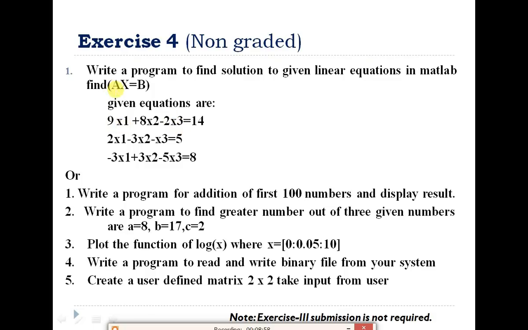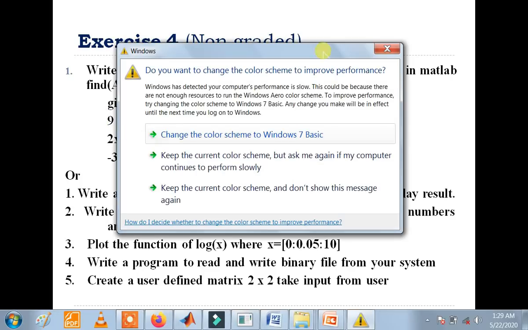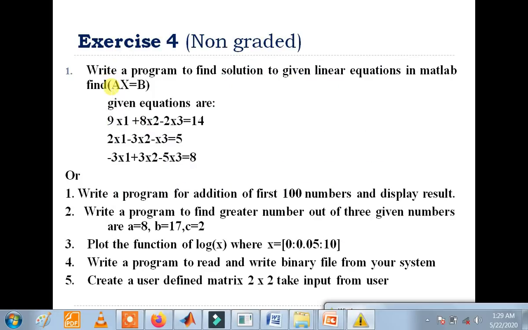So the equation becomes AX equals B. So A becomes a matrix of 3 by 3, X is a matrix of 3 by 1, 3 rows and 1 column, and B is a matrix of again 3 rows and 1 column.